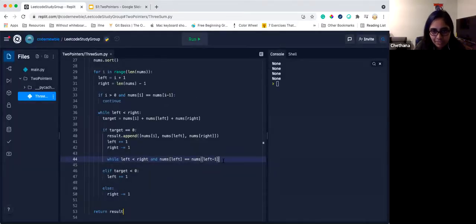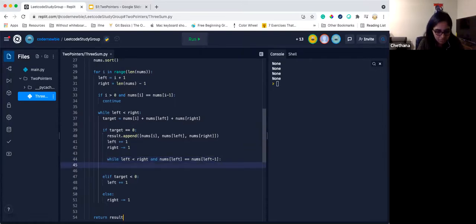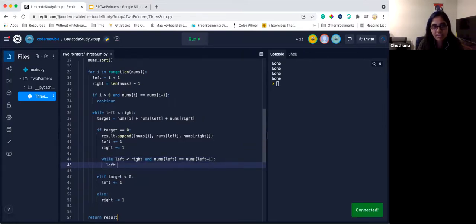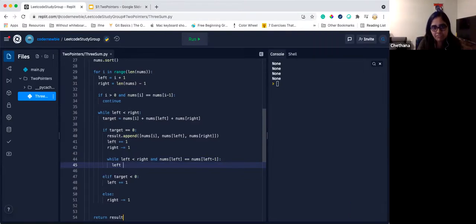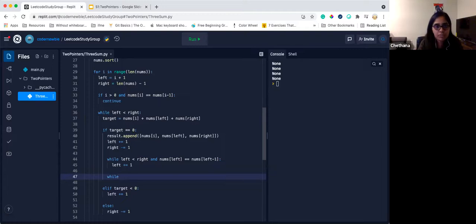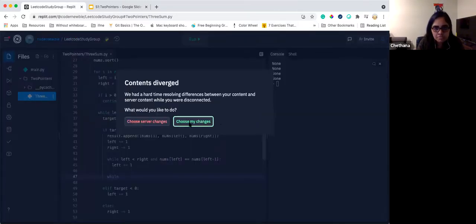Okay, there we are. All right, so in this case, if we see that the lefts are all not unique, they're duplicates, you just keep incrementing the left pointer by 1 until you reach a good point where you say, we're done. This is a unique value. Now